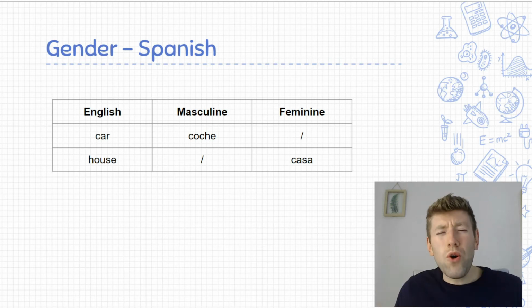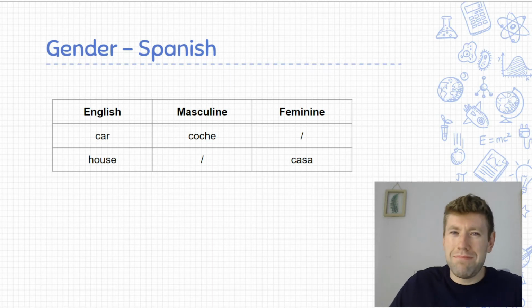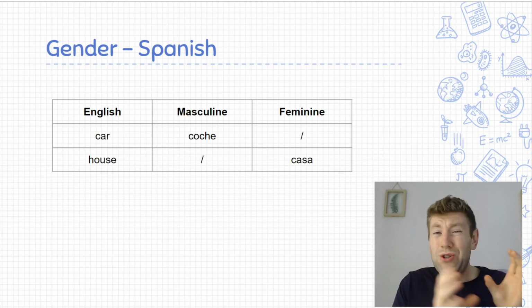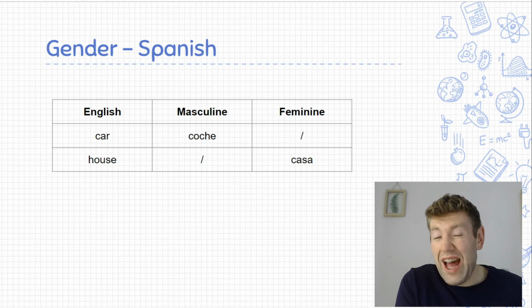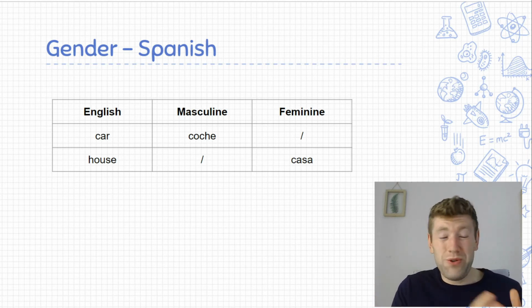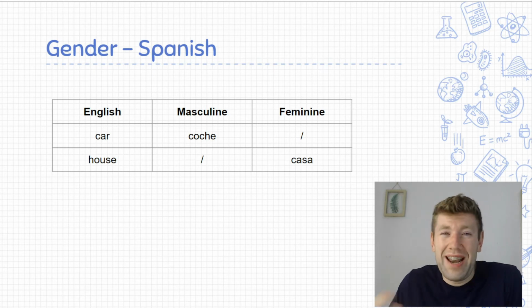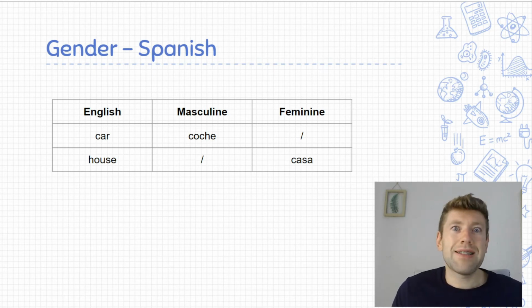Okay, so don't overthink this. They don't take on masculine or feminine properties. It's just two categories. It could be masculine, feminine. It could be red and pink. It could be apples and pears. It just happens to be like that. It's just the names they have, and it affects other words. So you can call them whatever two categories, but they don't take on any actual masculine or feminine